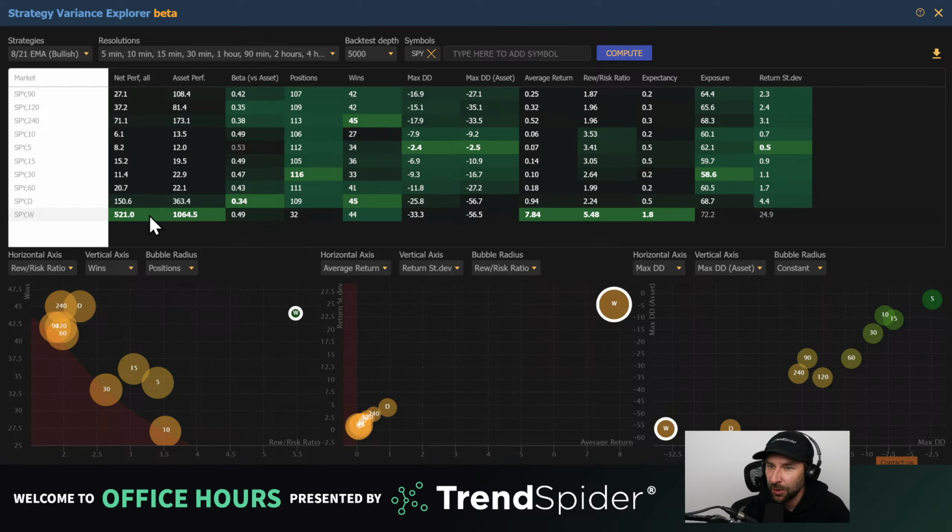So every single one of these, you're getting a green highlight for the best performing result of all of the results. So net performance, this is the performance of the strategy over the same period of time per the time frame. So very quickly, we can see that this strategy happens to work best on the weekly time frame for SPY